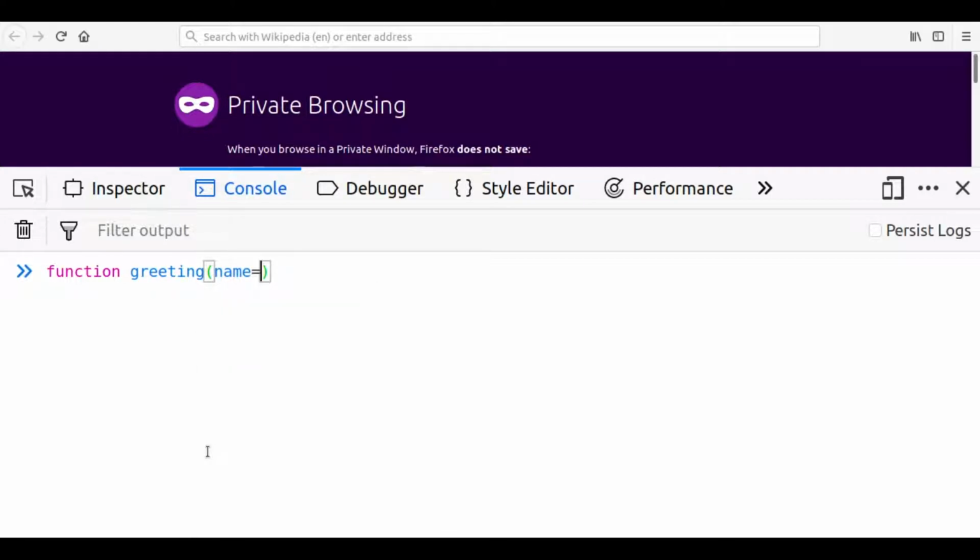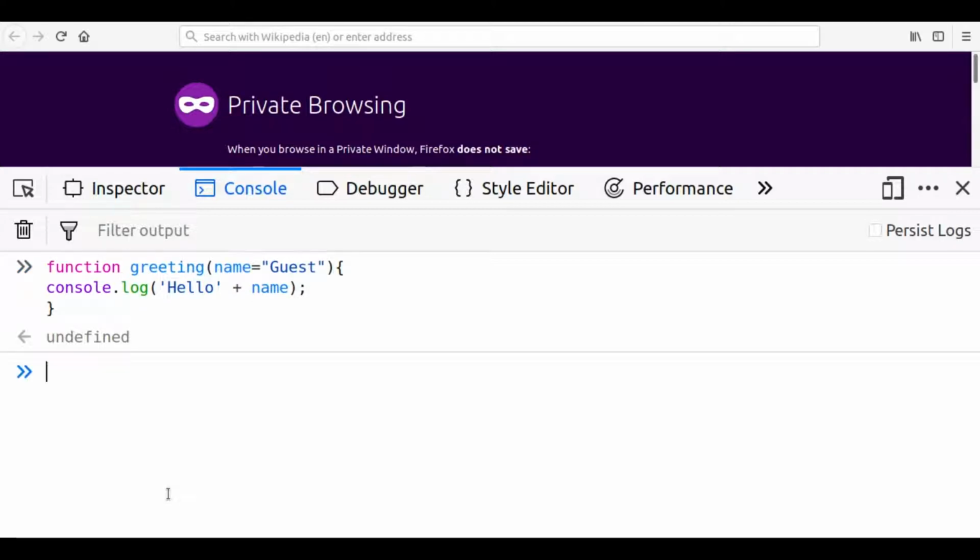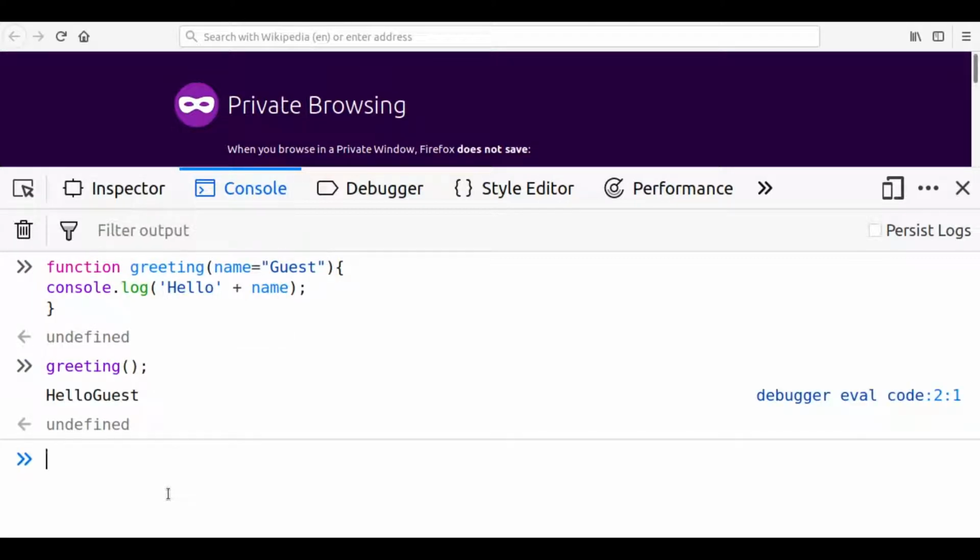At this name we can specify it equals to guest, and this way when we write the body of the function we can just type console log, and inside in quotes we can type hello and then plus and the parameter. Alright, when we load up this function into the memory and run it without parameters, we will see hello guest,